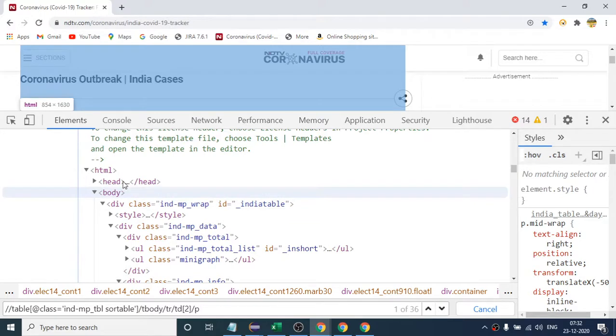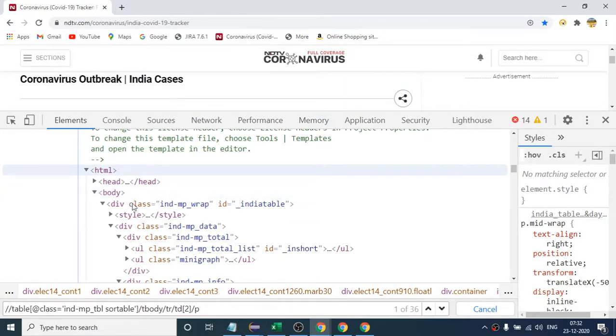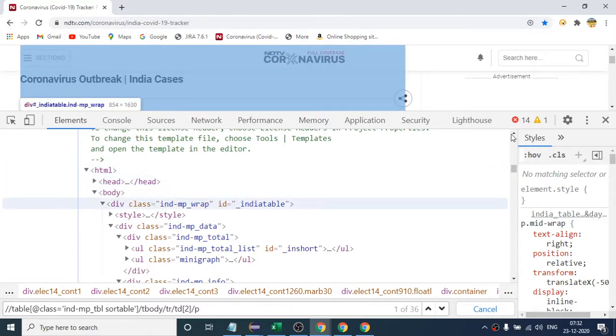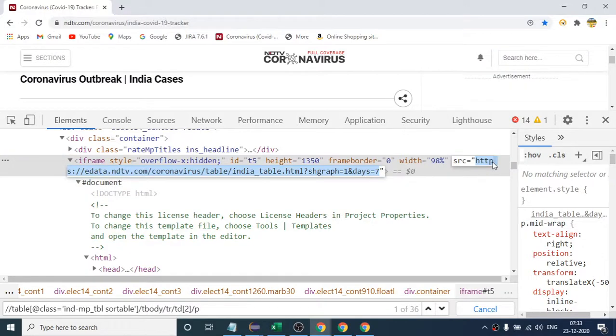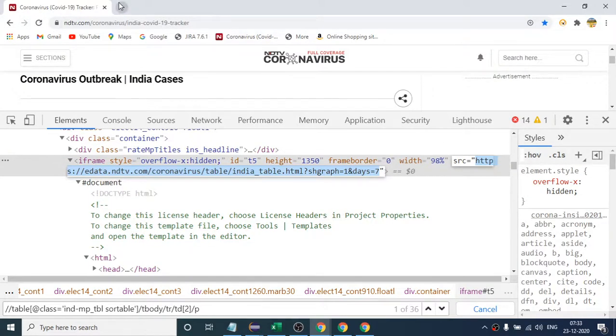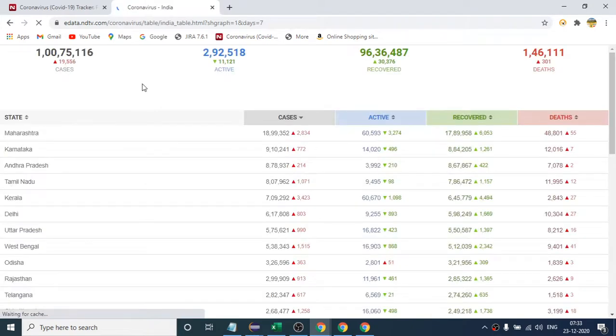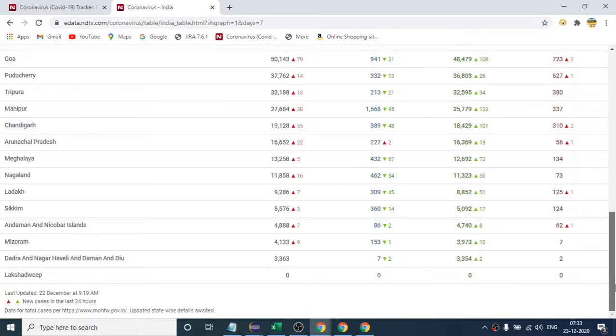But if I come up, whatever HTML code is written, it is present inside this iframe. So what is this iframe? They have written one link here, and if I open this link, it will navigate me to a new page. So if I hit enter here, you can see there is a separate web page.